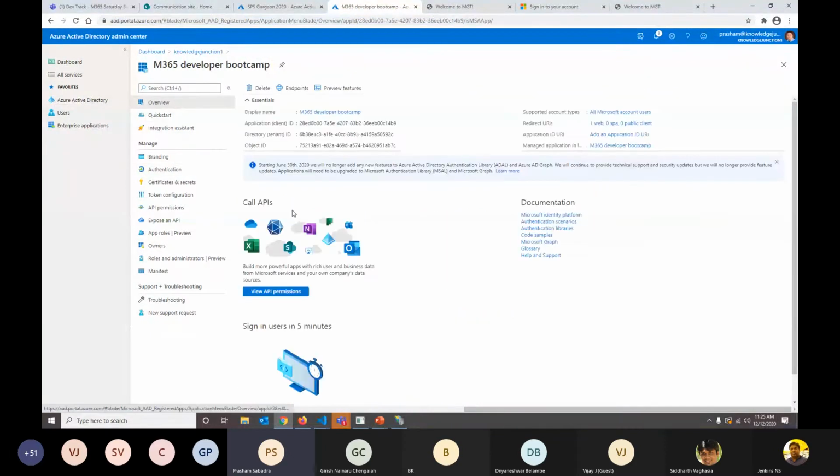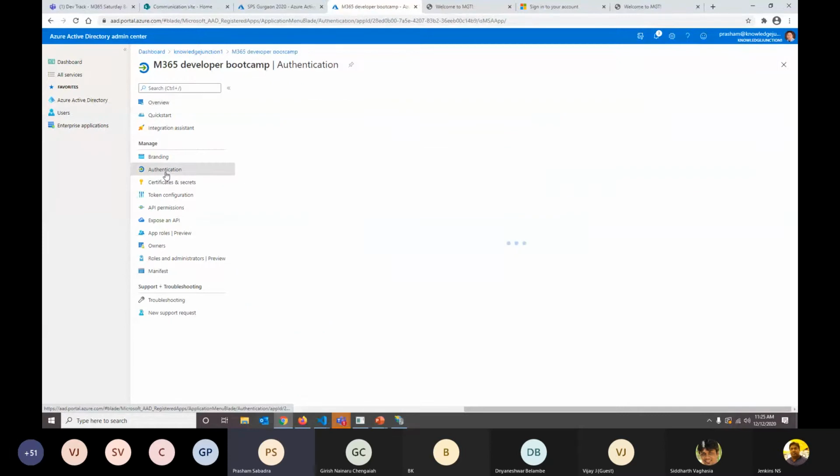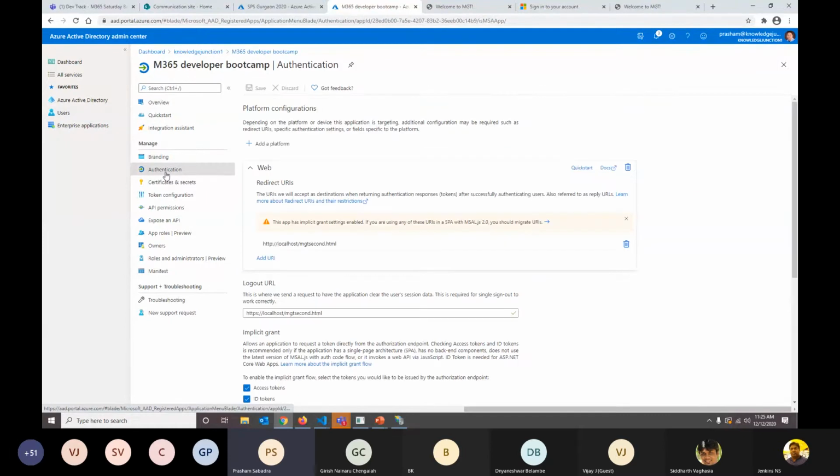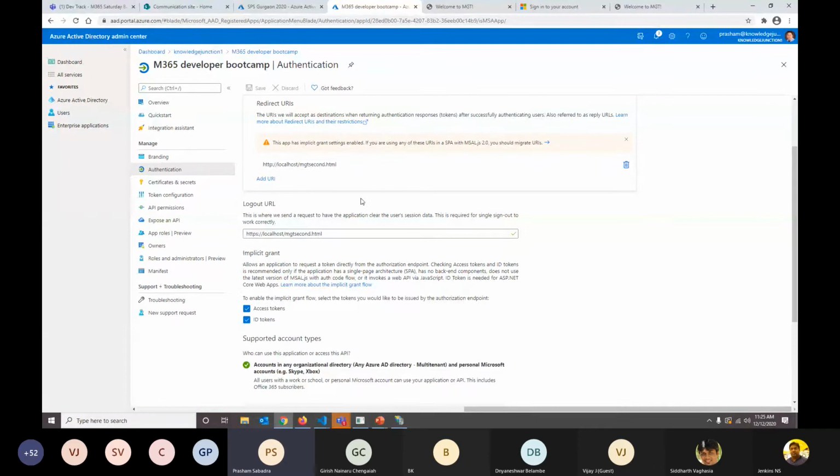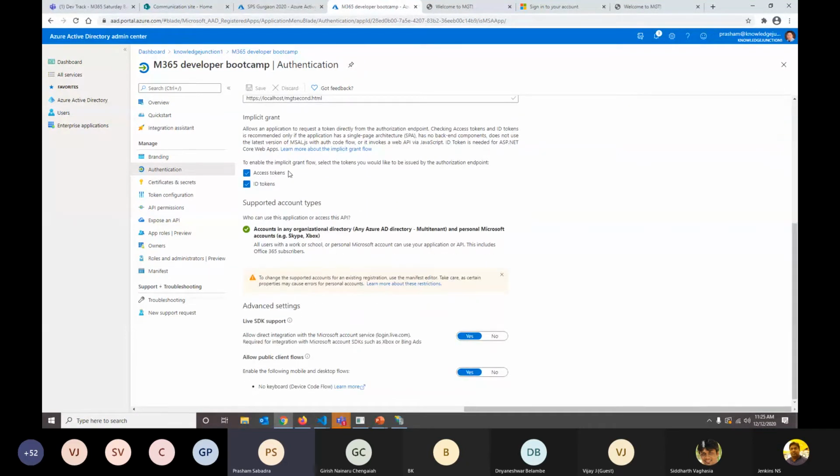So we have registered this Azure app, and then there are a few settings which we need to do under the authentication tab. One important thing is the redirect URL. I'll come back to this, but it requires enabling both grant flows: one with the access token, and the second with the ID tokens. So these settings are required.